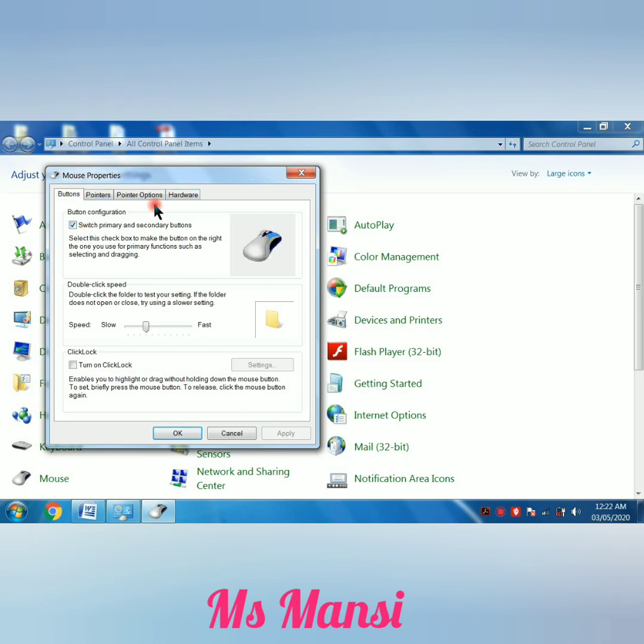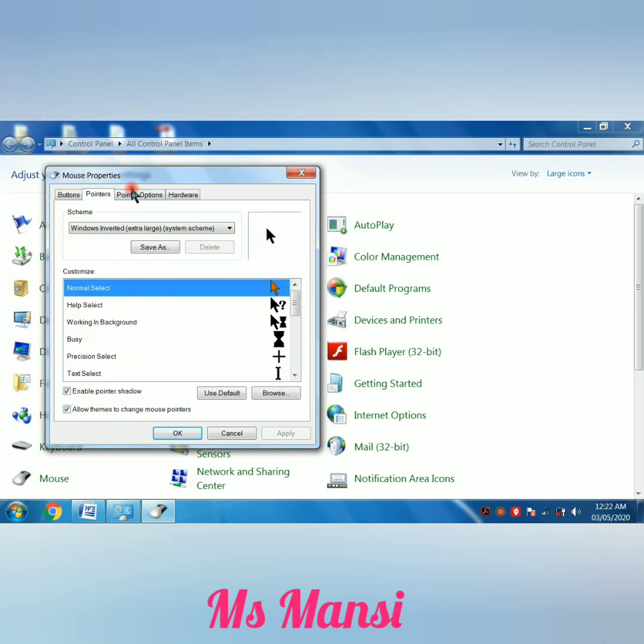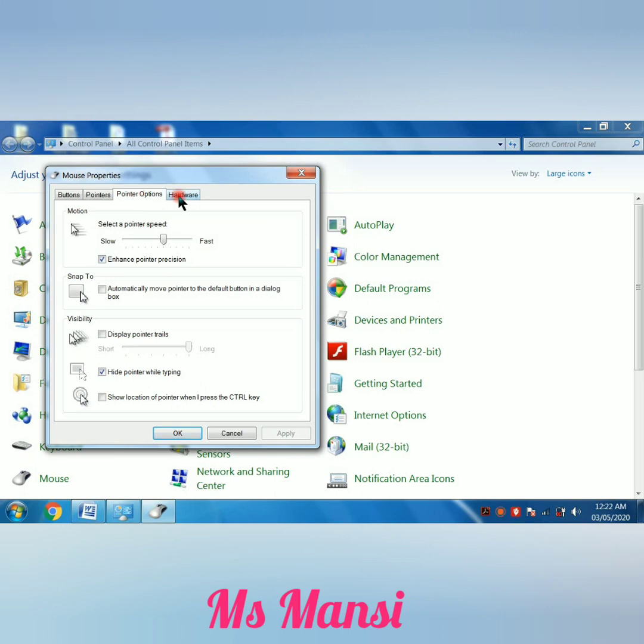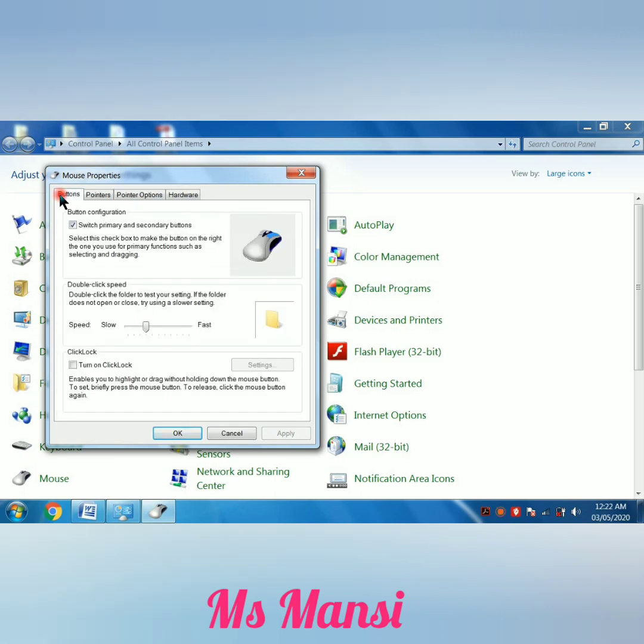Now my right button will open this. I am clicking the left button, it is not opening. Now I will right click on this. See, this is opening. Because I have changed the settings, the right button is opening all the options.